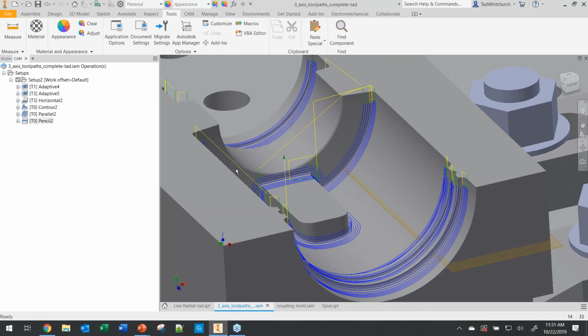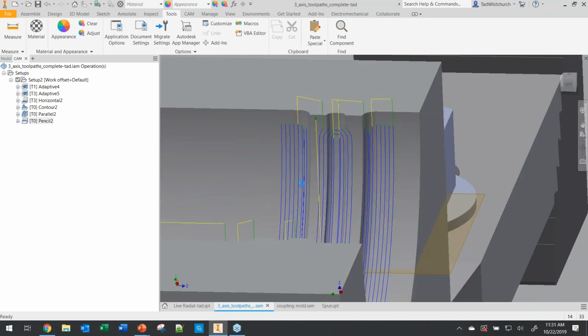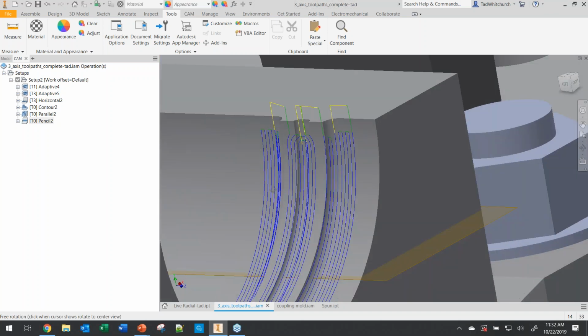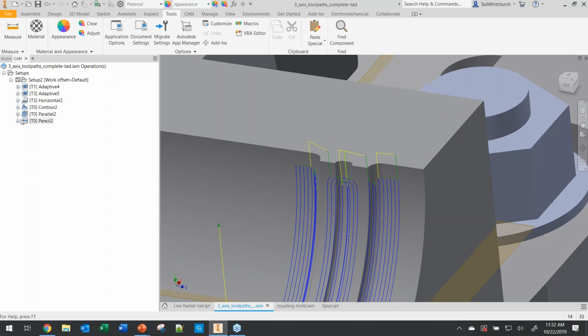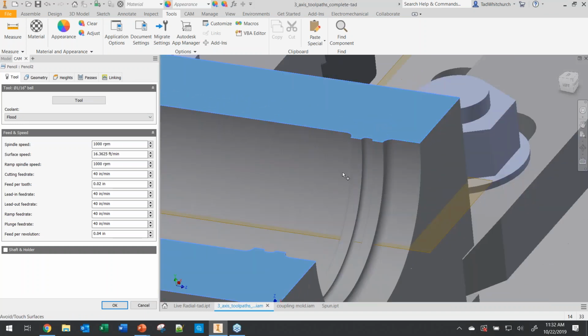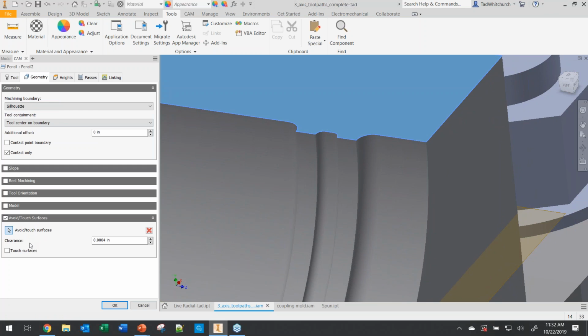Depending on the piece part and your tolerancing, you may decide that there's a certain area. For example, we have 3 slots here that we're machining. This could be considered perhaps just a clearance fillet, but something important is going in here that has a tighter tolerance, okay? So what we'll do, and again, the focus at this point is on touch surfaces, is I'm going to take that pencil mill that cleaned everything out, and in addition to avoiding the 2 top planes, I'm going to ask the software to also avoid